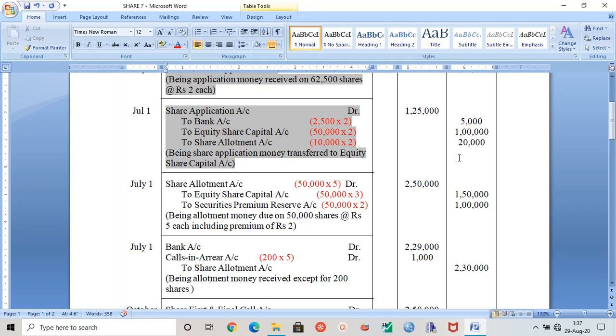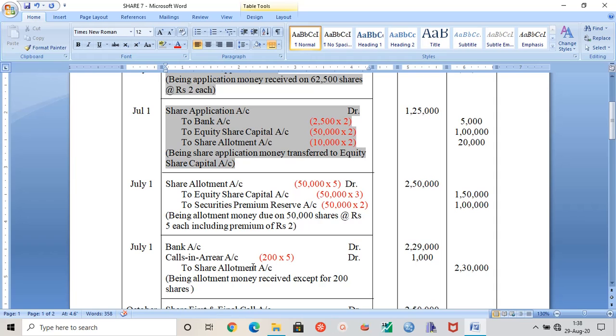Later on, the question will be more difficult. Like you will see category 1, category 2, category 3, like slab 1, slab 2, slab 3. So we will see that afterwards when we reach the actual pro rata. This excess money was received on 10,000 number of shares, which was rupees 20,000, and this is here adjusted against share allotment money. And this is called your pro rata adjustment.